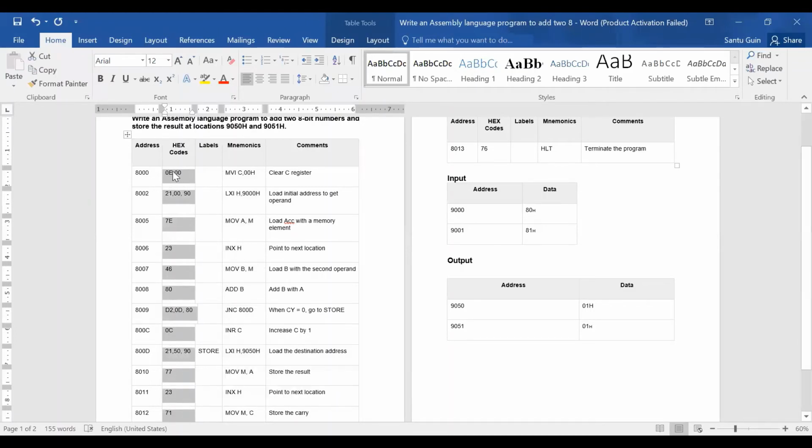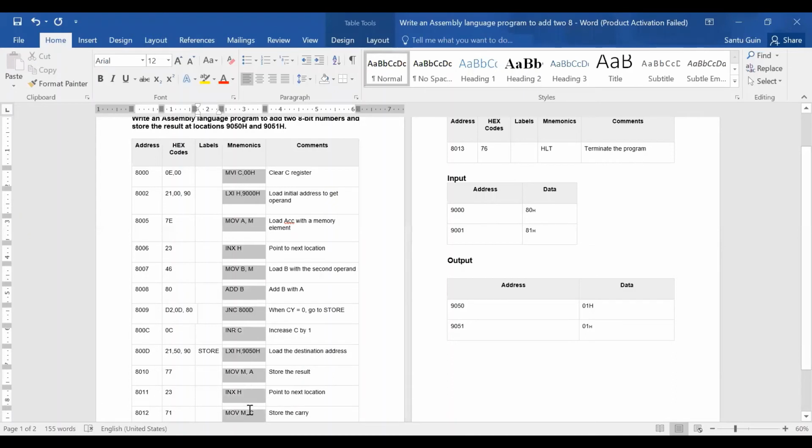Okay, so 0E, 00, the meaning of this one is clear C register. 21, 00, 90 means load the initial address to get the operand. So with the help of this machine code, the microprocessor 8085 can understand what the operation will be, what the logic is. And for human beings, we need to understand only this type of language.